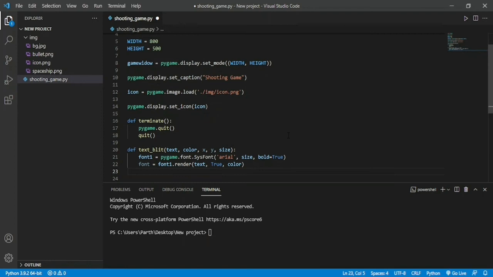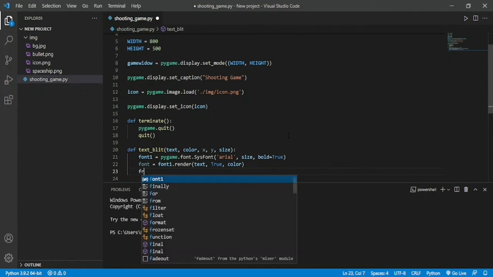And now we are going to convert this image into the rectangle. Why are we converting this into the rectangle? Because we are going to need to use some specific point of the rectangle to put it into the x and y coordinate. So for that we are going to use another inbuilt functionality, get_rect, and we are going to store it into another variable.